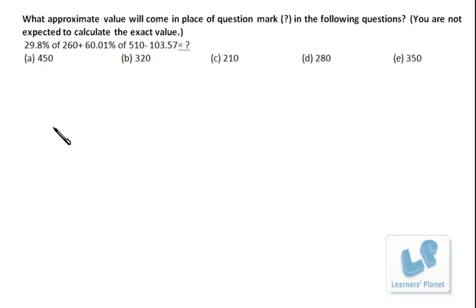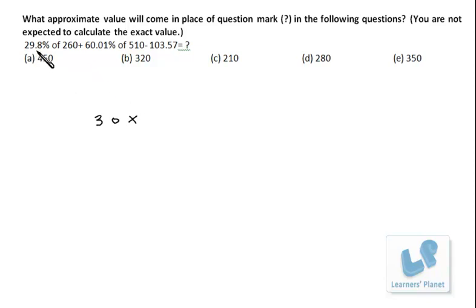Now let's see this question. First of all, see the difference among the options. It's 280, 320, 210, 350. That difference is around 50. It's ranging between 50 to 100 or maybe 150, right? So it can be approximated. 29.8 is 30